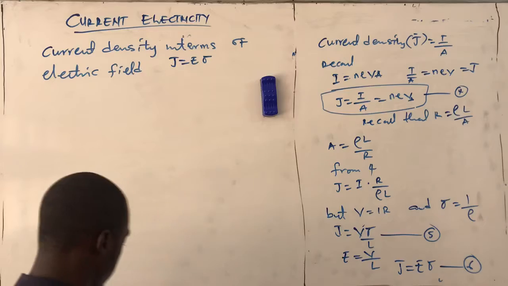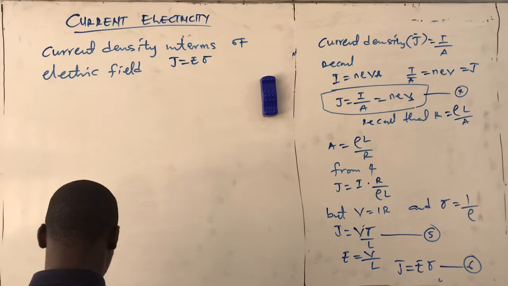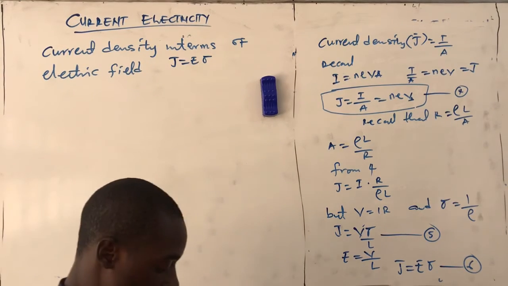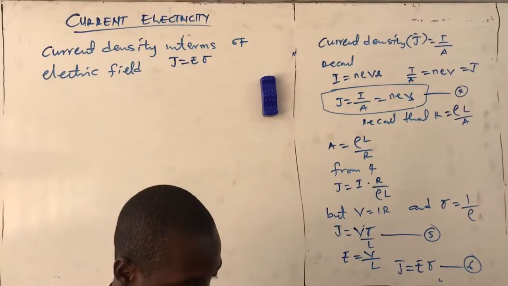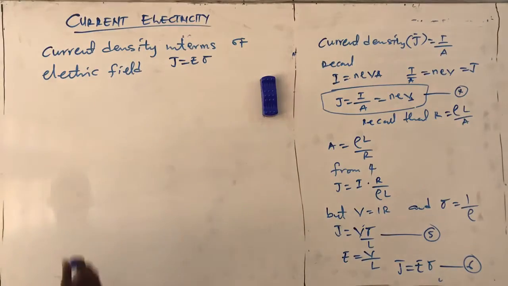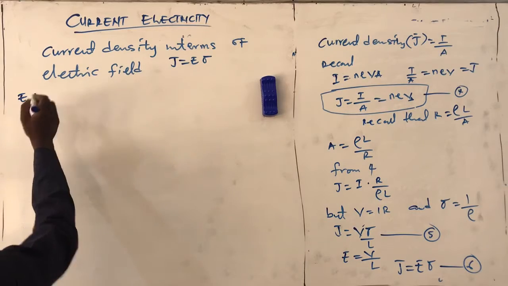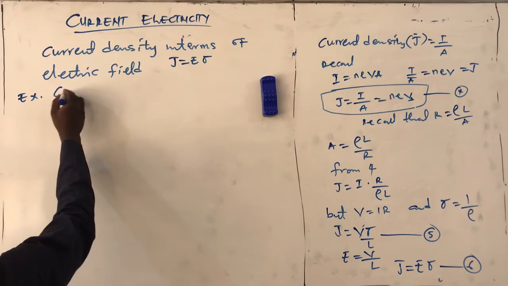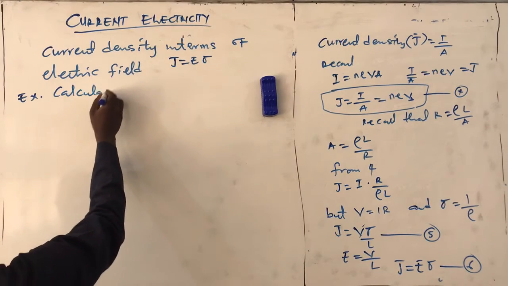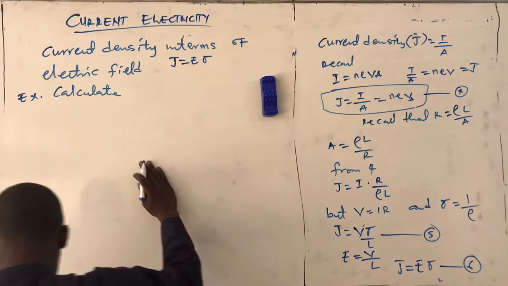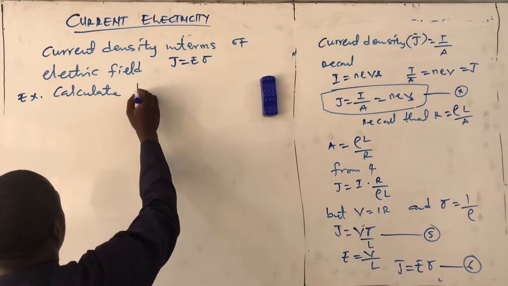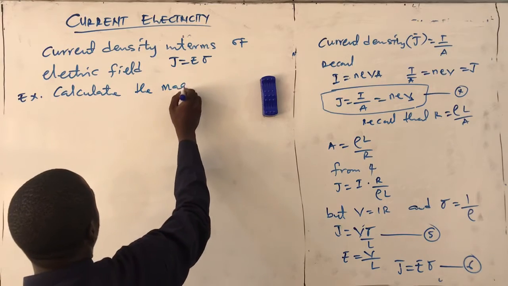Also, let's look at the resistance of a cylindrical conductor. For that, let's take an example. Calculate the magnitude